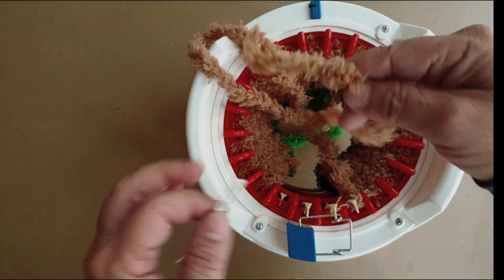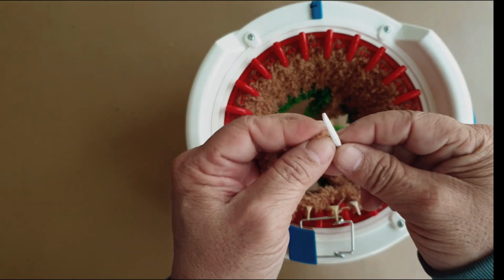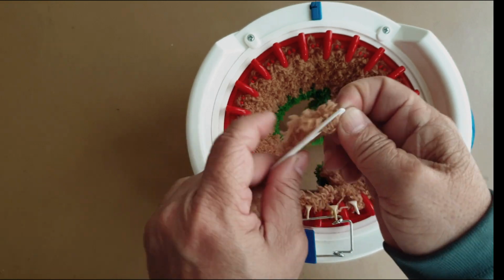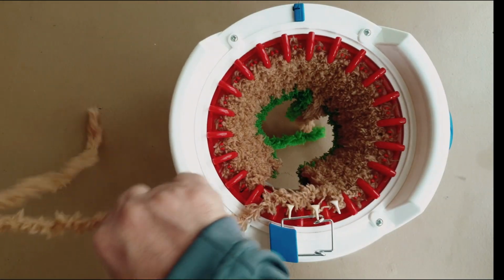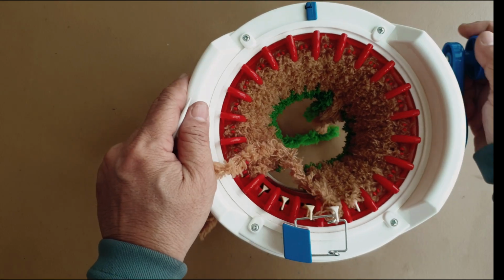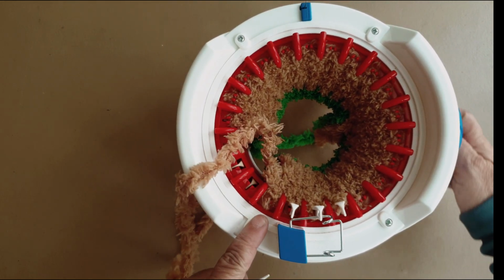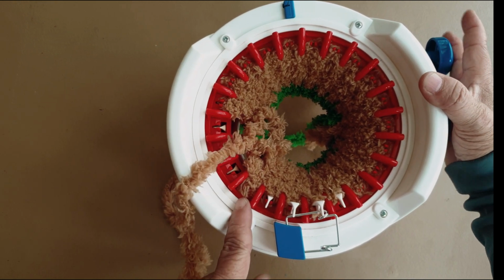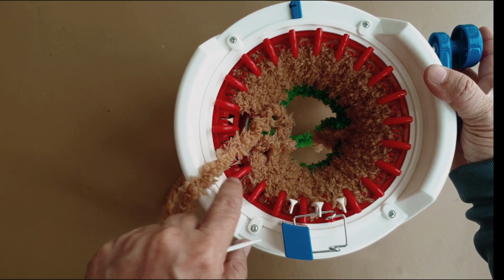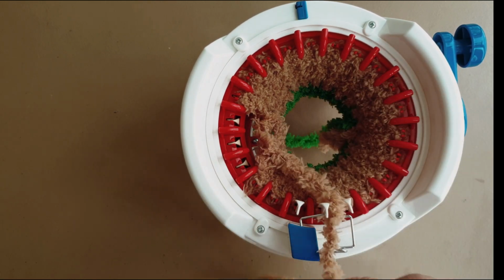So I remove the yarn and thread the yarn tail onto a needle. The yarn tail's length should be twice the length of your knitted panel. Slowly crank until it passes the feeder so that it knits 1 loop. Now there's 1 loop left on this pin. Thread the needle through it